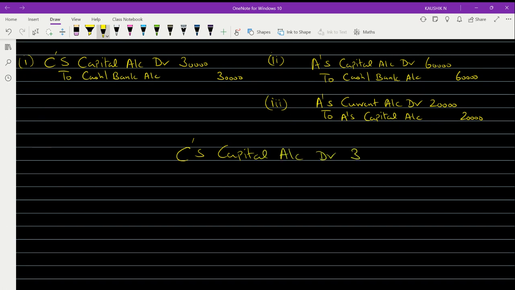with the value of 30, then followed by that A's capital account debited with the value of 60, and again A's current account debited with the value of 20, and then to